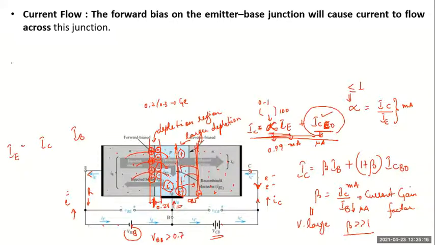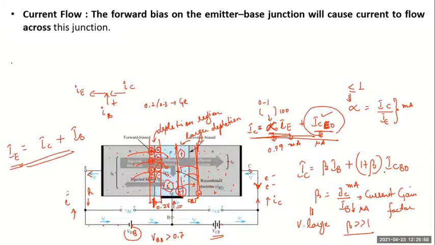Are you sure? Which is the largest current, IE? IE is equal to IC plus IB. Yes. Remember, the emitter current would be the largest current. It is the emitter region which supplies the electrons. So emitter current is the largest current in a BJT, and it would be equal to the sum of IB plus IC. You can see here IE is moving out like this, IB is entering here, and IC is entering here. So IC plus IB should give you IE. The total current is always emitter current.